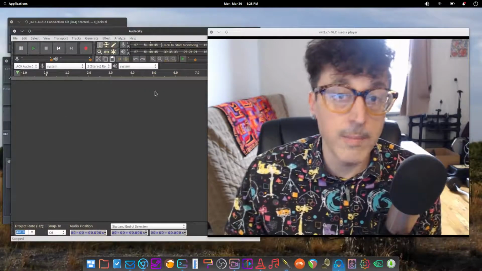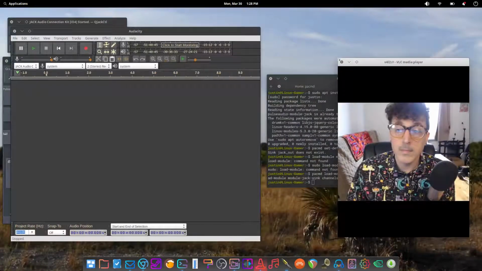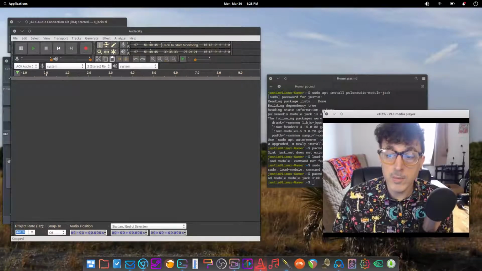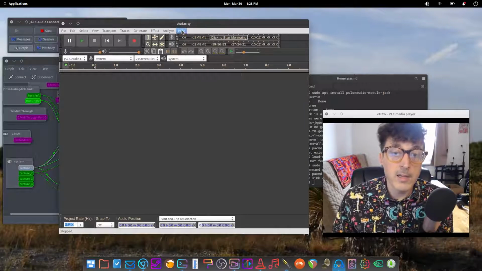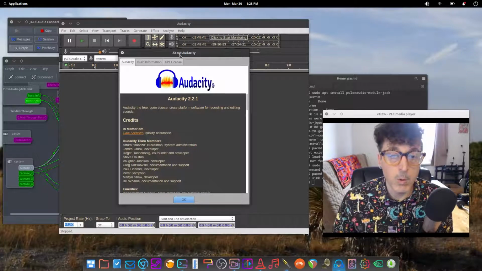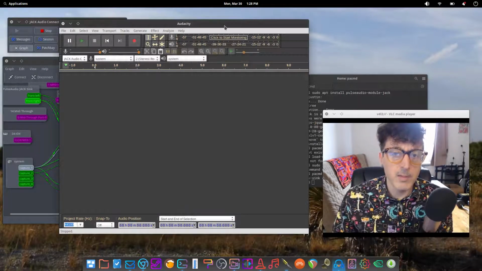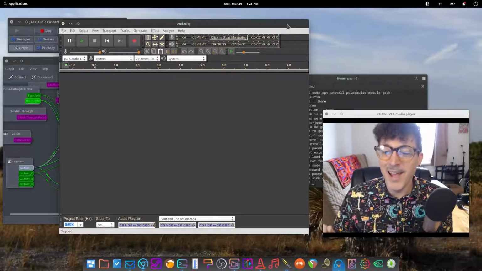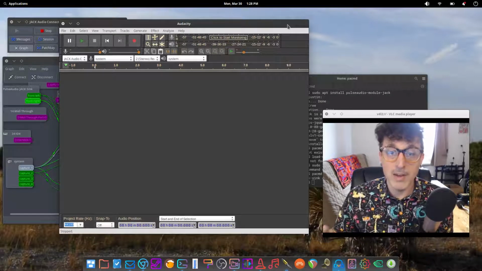The first one that I wanted to mention, let me just make this a little smaller. Actually, let's first look at the version of Audacity I'm using, which is 2.2.1 right now, the most current version in this version of Linux. I think the Windows version might be a point higher, possibly, but it doesn't really matter. It's still just as fully featured. I could be wrong, and maybe this is the most current version. I haven't checked, but it's recent, as of late March 2020.